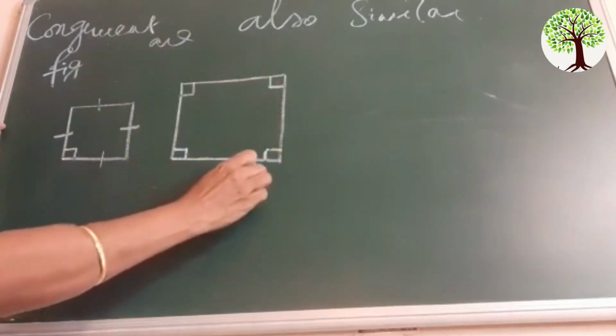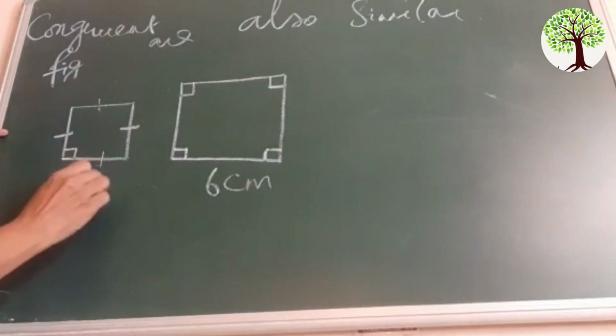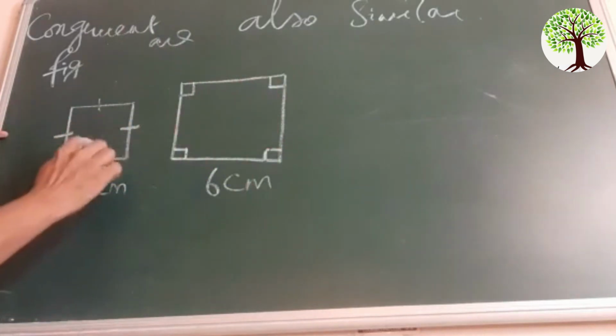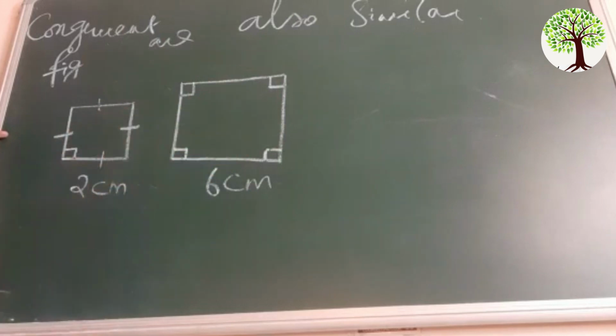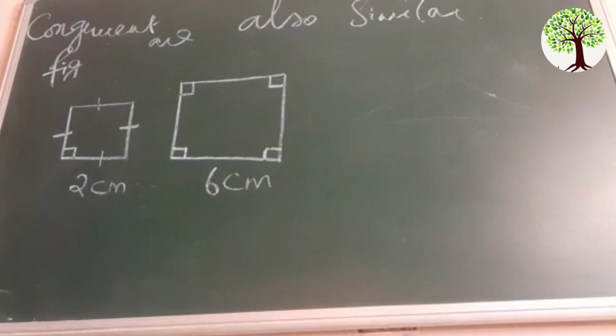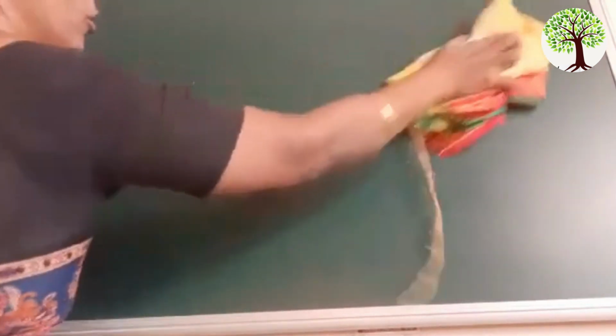Here it will be 6 centimeters. Here it will be only 2 centimeters. But what is the shape of that? Both of them are squares. Right. Then what is the second part? For the 10th standard, we have the condition of similarity of triangles only. So when it is a similarity, what is the condition I told you? When we are discussing the similarity, the mind map says